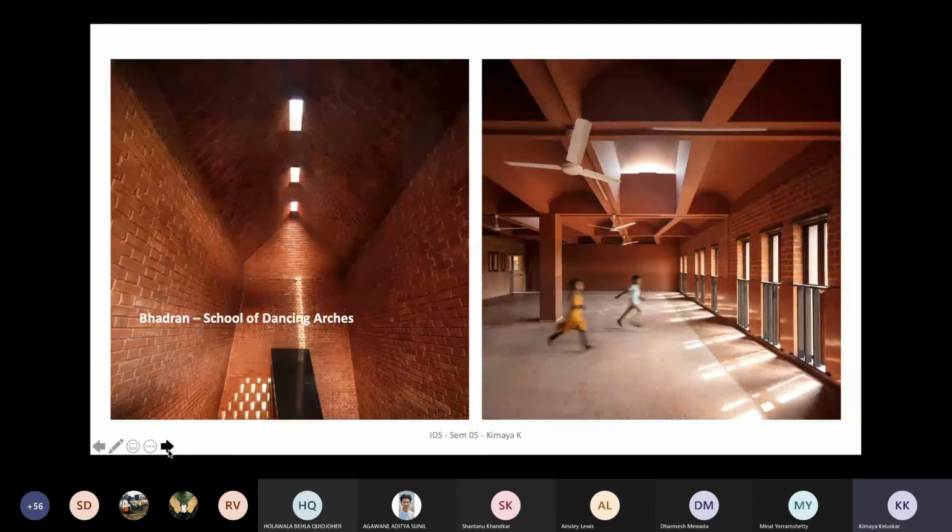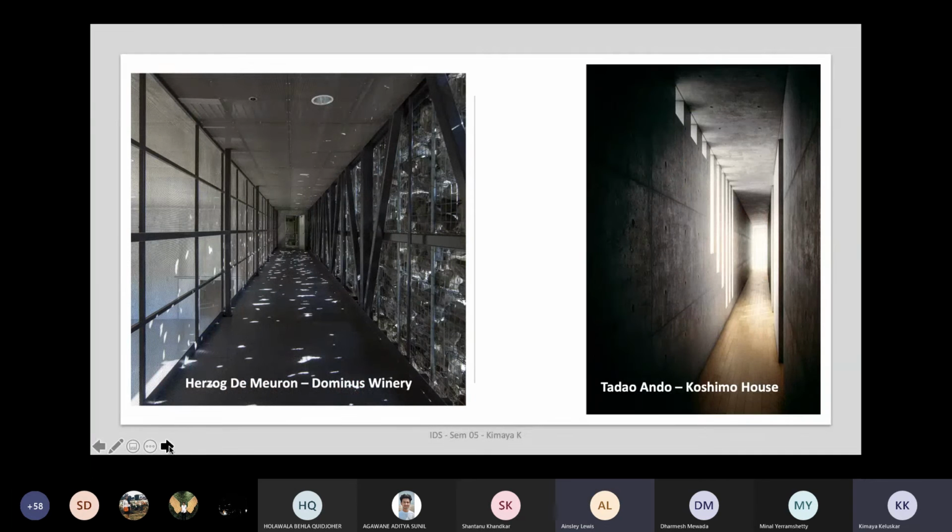The other is basically a school by Samira Rathod Bhadran, which uses a lot of brick tiles and has these skylights within the corridors and spaces. So she shifts scales as well as the amount of daylight that enters, and then it creates a kind of dramatic ambience for your entire spaces. Then these are the classrooms, where the jack arch roofs float, and then you suddenly move the entire one module up and create this kind of a way for the daylight to enter in. Definitely, there will be shadow patterns as well that you work with.